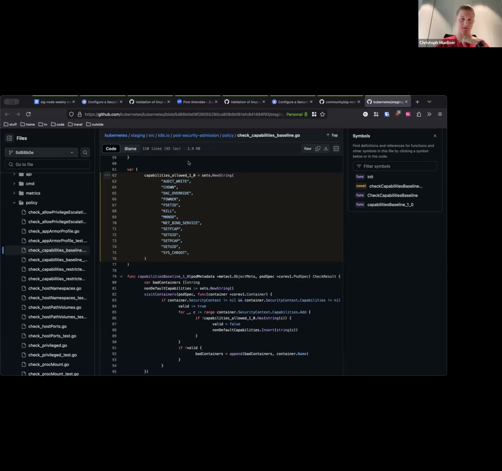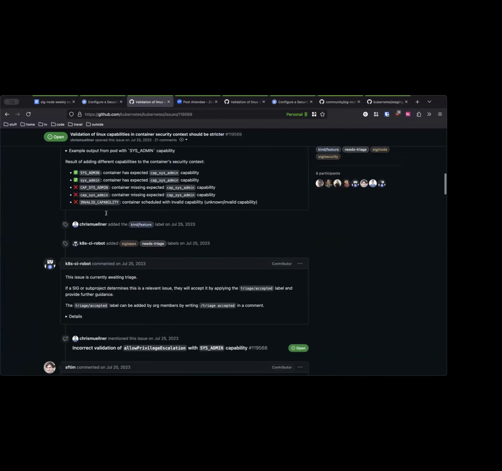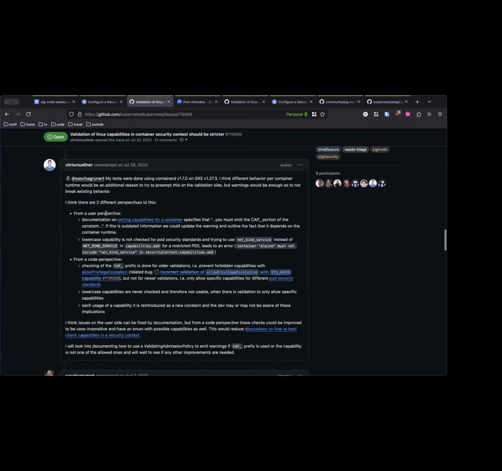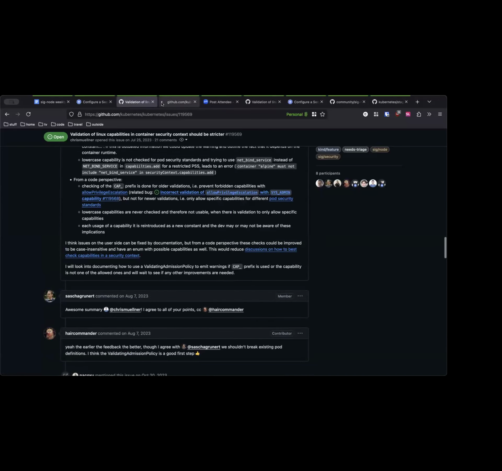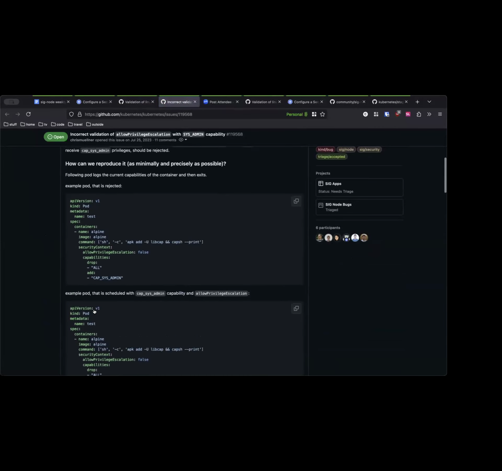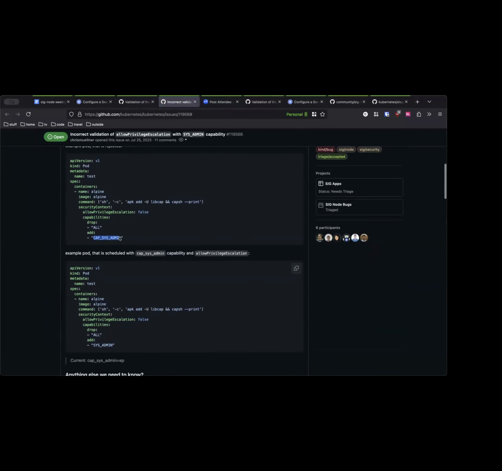Basically, for pod security standards, this new and improved validation already happens. As Peter said, it allows lowercase or doesn't allow lowercase. But for older existing validation, like this allow privilege escalation flag, that doesn't happen. It only checks against one specific string and only that one. Right, that's the same as the current baseline validation. It's only checking against the capitalized form without the CAP prefix. This one is checked.